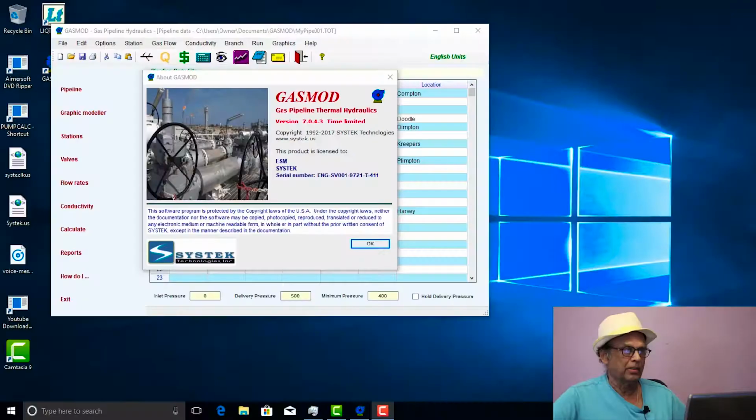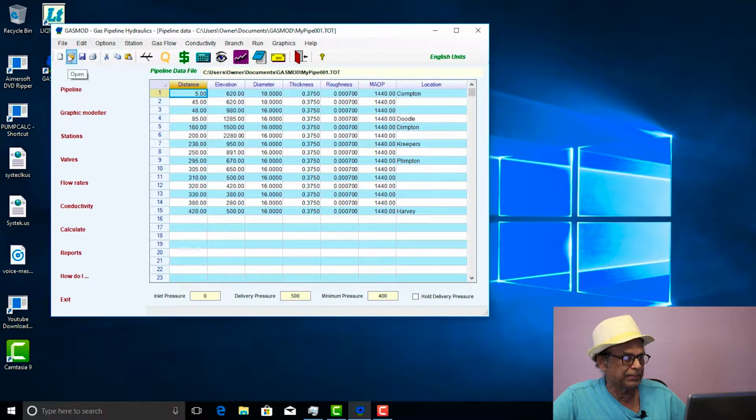Okay guys, now what we're going to do is model a gas pipeline, which is similar to the liquid pipeline. So I've got the GasMod program loaded up, and it shows you the opening screen, the name of the licensed user and the company and the serial number. So what we're going to do is open up the